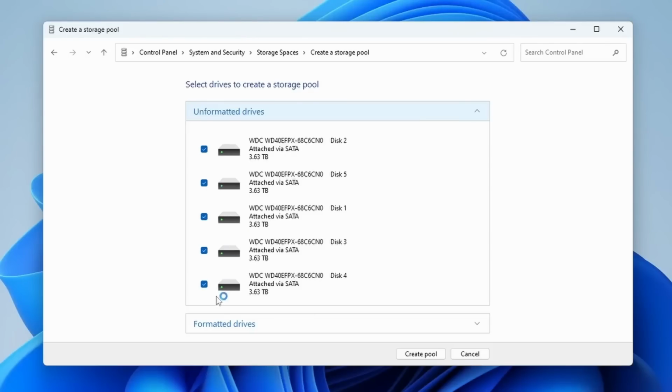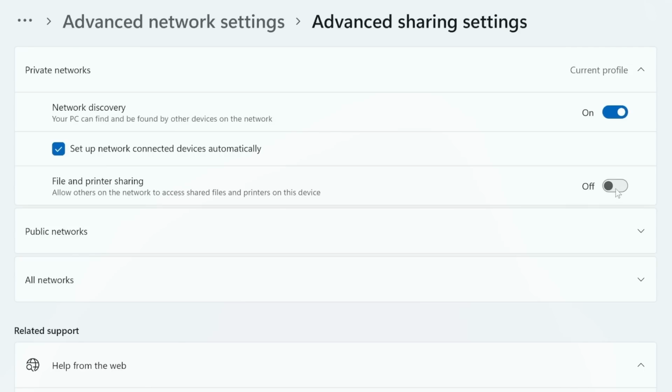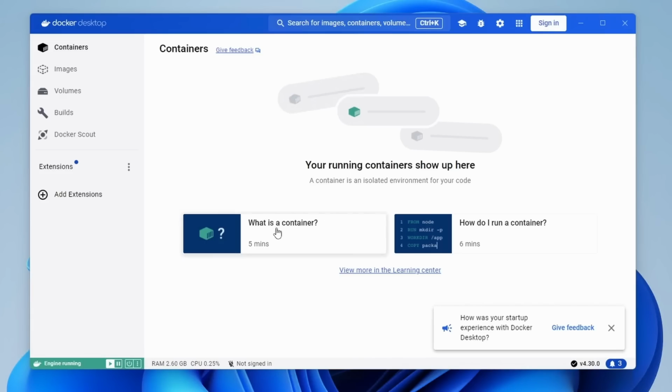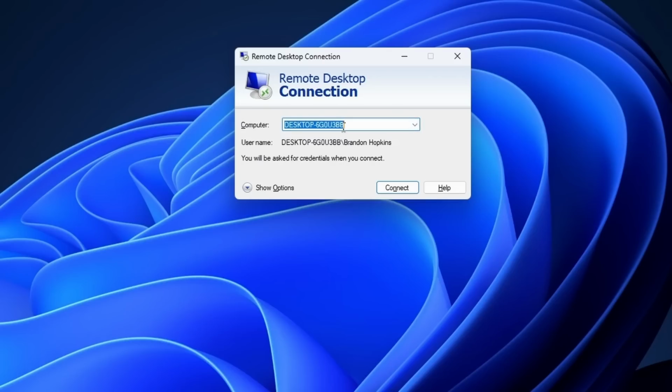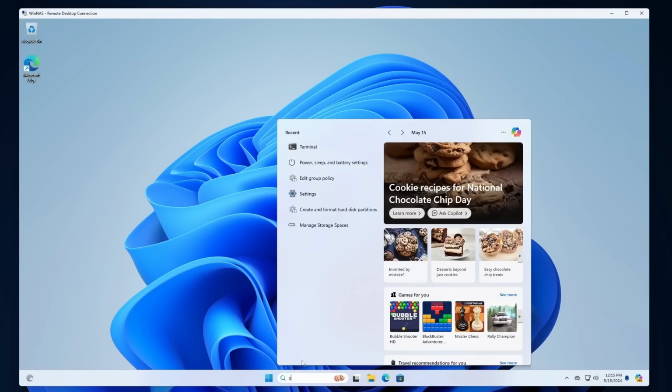Some of the features that we're going to be setting up, of course, is a RAID instance. We're going to be setting up various network shares. We're going to be diving into Docker and spinning up a service or two. We're going to be accessing our NAS through remote desktop connection, which is going to act as our NAS GUI, which is literally going to be the Windows desktop. And of course, I will show you how to connect to all of this externally outside of your home network